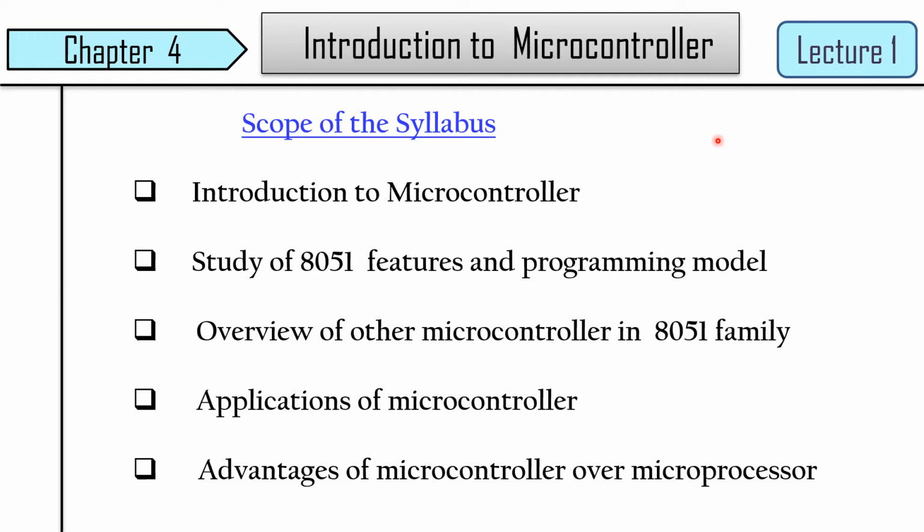Now, what is microprocessor? We have already known it as the chip which is installed in our computer. We call it what? Microprocessor. Now, if you see the difference between the microprocessor and microcontroller, you can say that microcontroller can be used for online applications, whereas microprocessor can be used for offline applications. So, let us see what is microcontroller in detail.